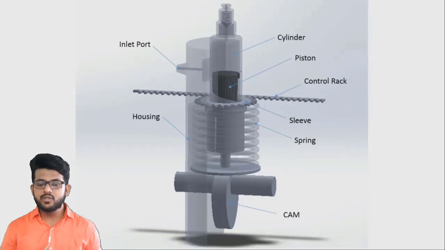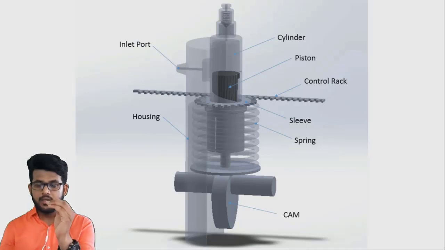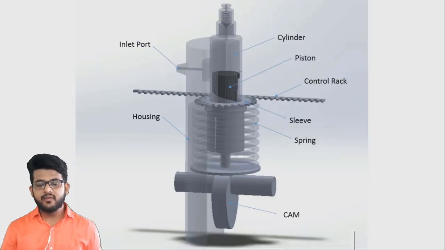Now you can see here also, it is a simple construction in which you can see all the parts together. One, there is the control rack, thereafter the sleeve, thereafter the spring also. So it will keep the movement of the piston. Thereafter the cam follower. Now why is there a spring? Because whenever the cam comes in, it will push the piston. Fine. Now when the cam goes down, the piston should come back to its original position also. So for that we are giving this spring here. Fine. So it is a working figure in which it will work.